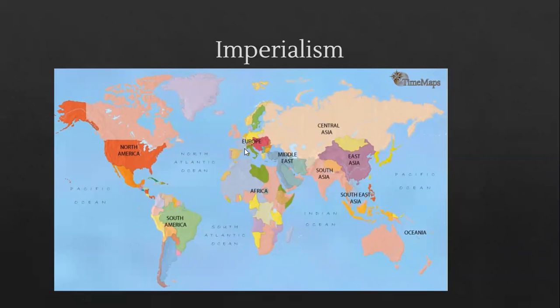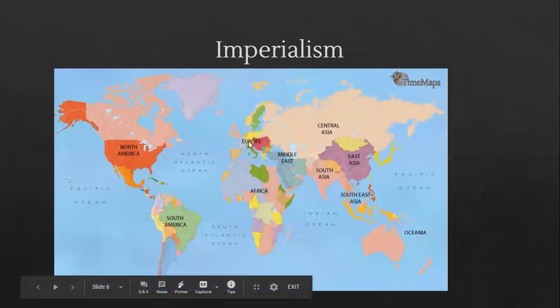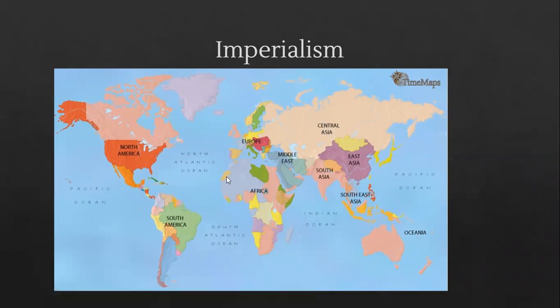Now, they needed to do this. Well, they didn't need to, but a big reason why they did this was because all these factories here in Britain and France and Italy needed raw materials, right? They needed iron, they needed lumber, they needed cotton or silk or whatever it was, right? And so they got these raw materials from the vast, natural resource abundant places of Africa, South Asia, Australia, right?